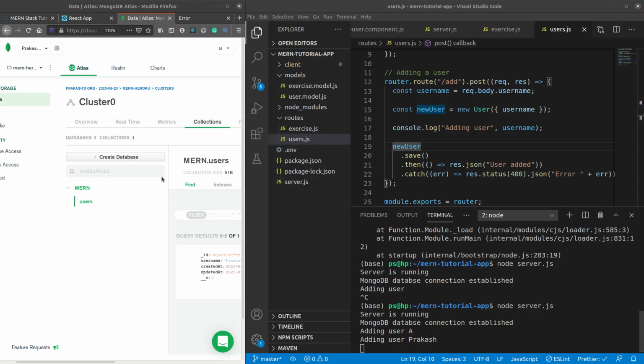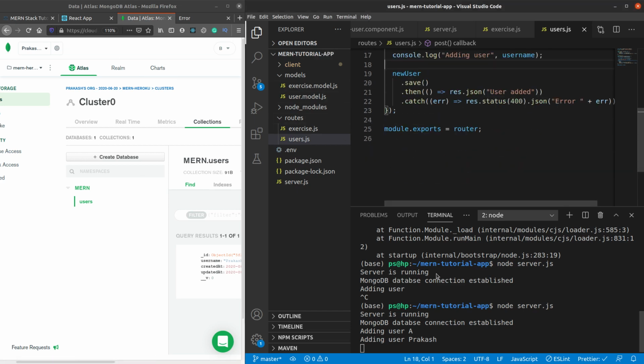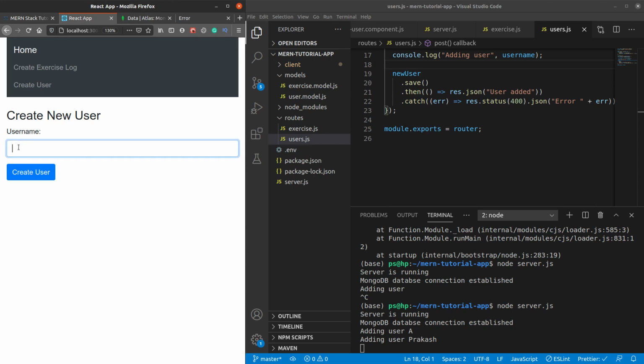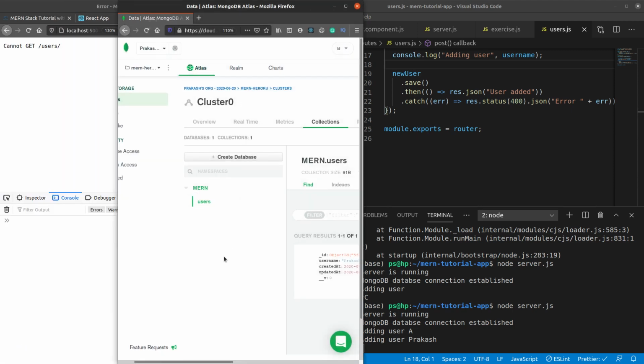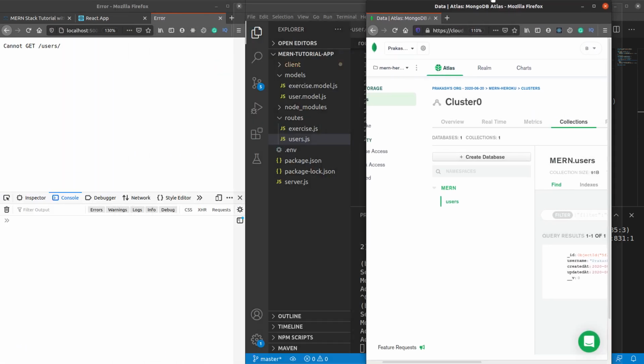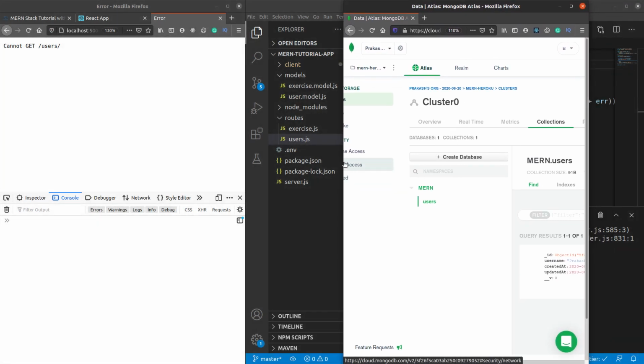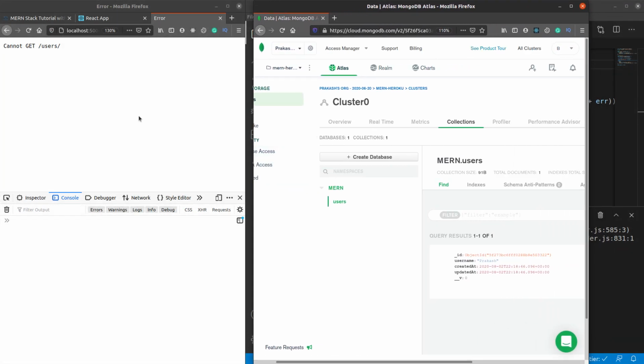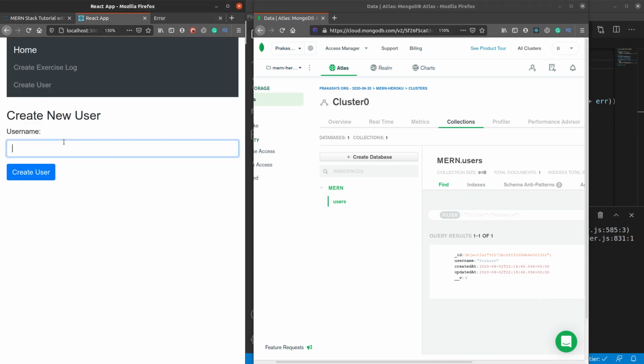Actually the user was not getting created, so I just restarted the server once again, and the user got created. So I entered a name here, and the user has been created. We can see it in the MongoDB Atlas server. Let's try to create one more user. Let's name it Atul. Hit create user, and the user should be created. We just need to refresh this, I guess.